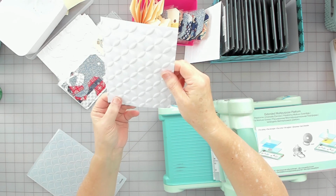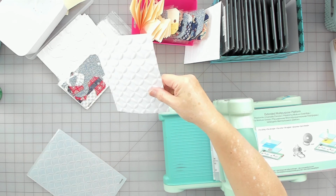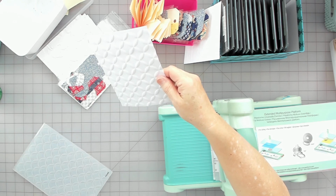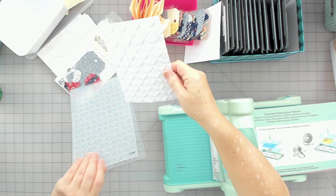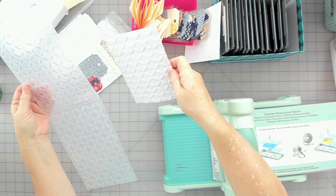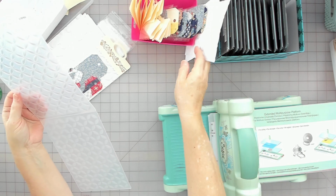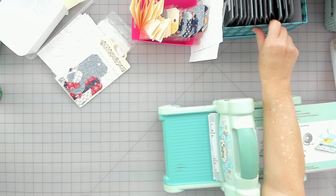I just love it. If you're good at painting, you could paint, or I haven't tried this because I really don't want to mess up my embossing folders, but I see a lot of people color the inside of the embossing folder with inks and stuff and then run it through. I haven't been brave enough to do that yet, so there's a couple extra pieces that I have. So there's that,